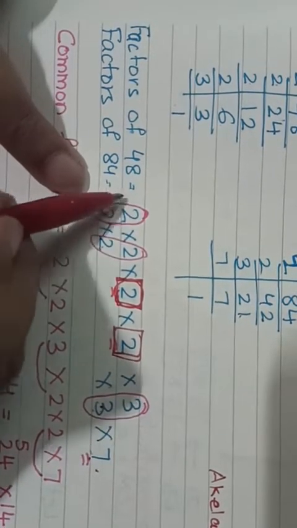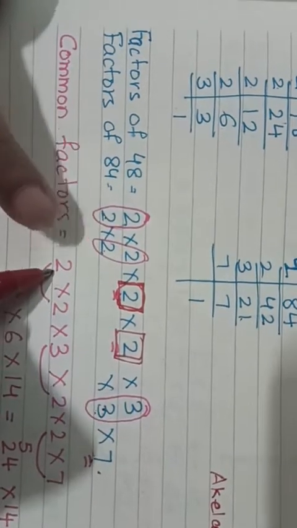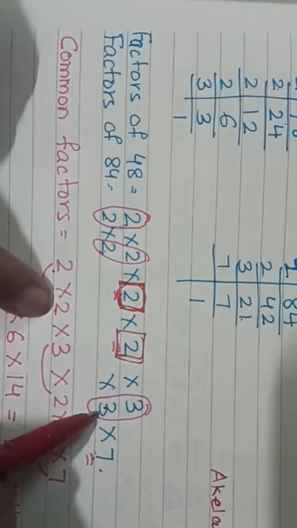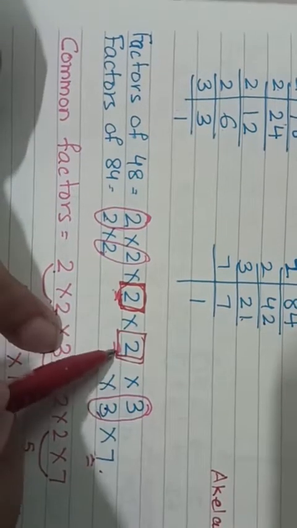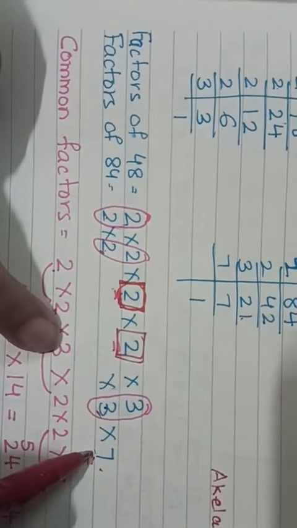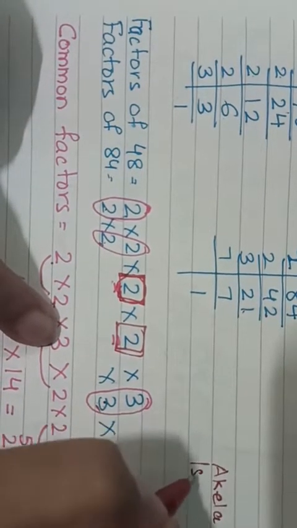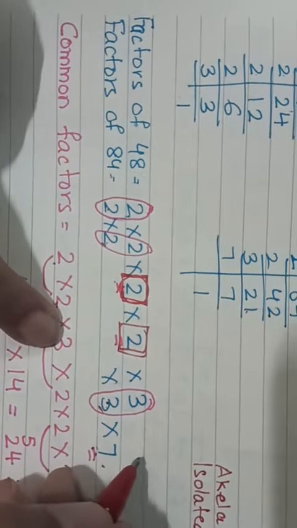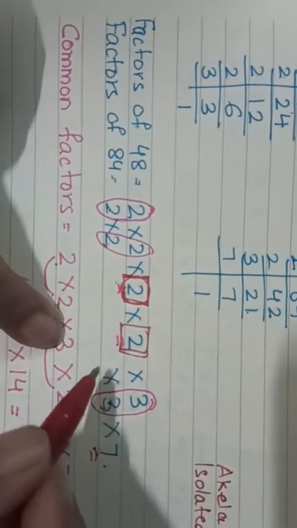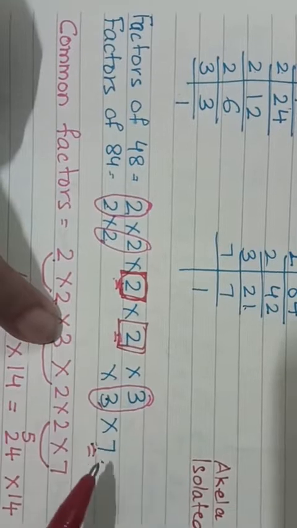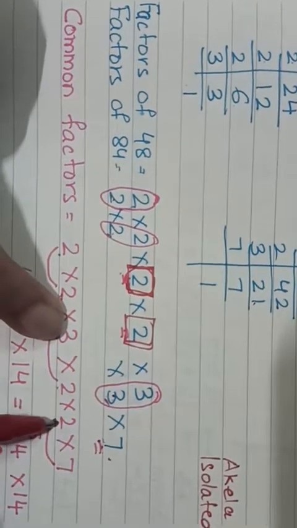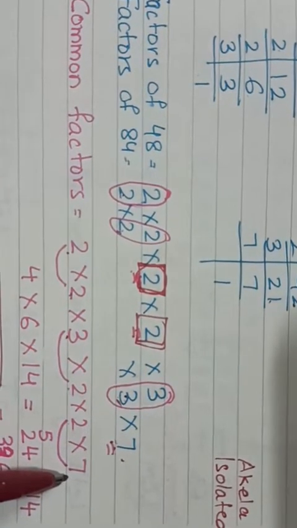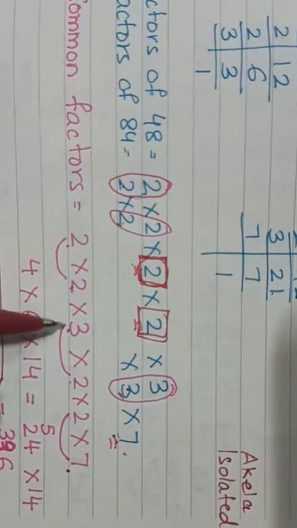So for this common factor, we'll write 2. This common duo, we have written another 2. Now this was again a common, I have written this 3. Now these two are my akela factors, that are the isolated factors. Isolated factors means they did not have a common friend. Still, we will write them. So, this 2, 2 and 7 will also be written. Now, this is the list of factors. We will find the product.